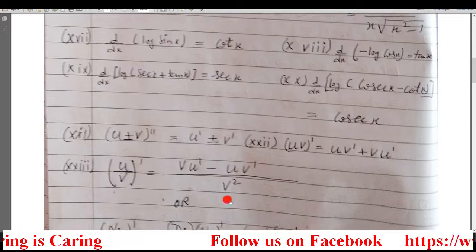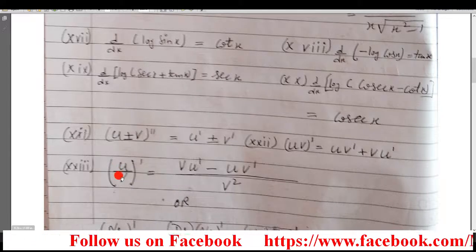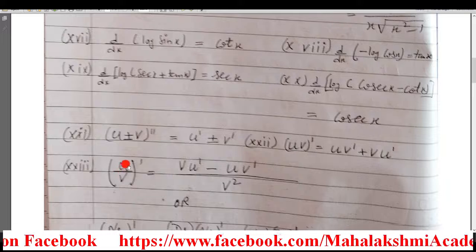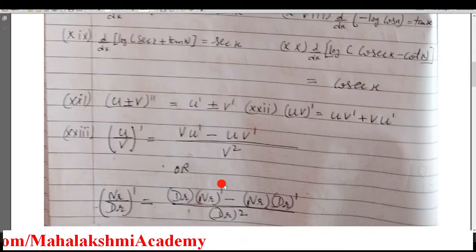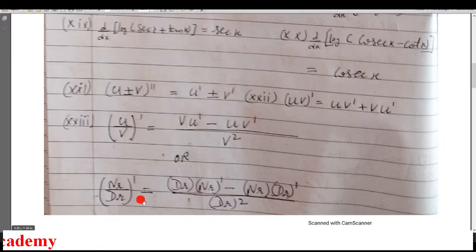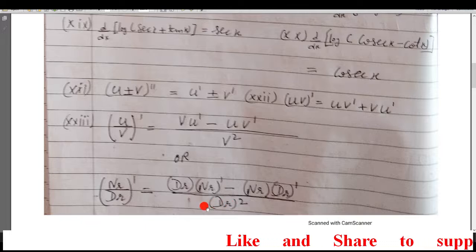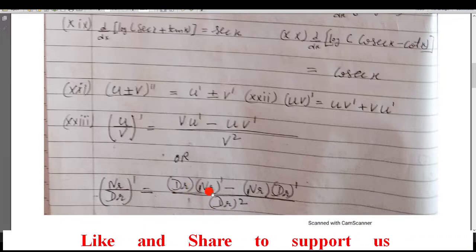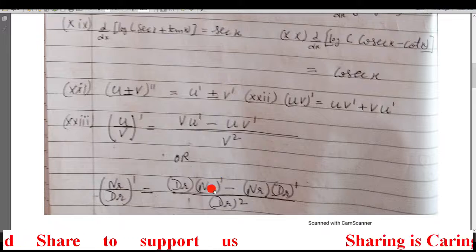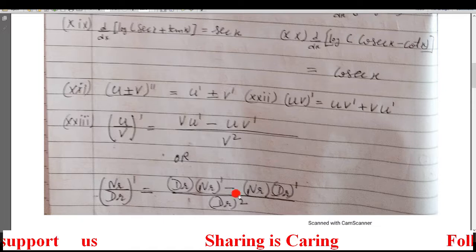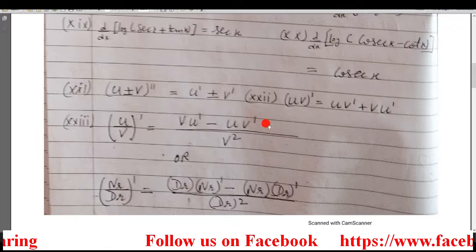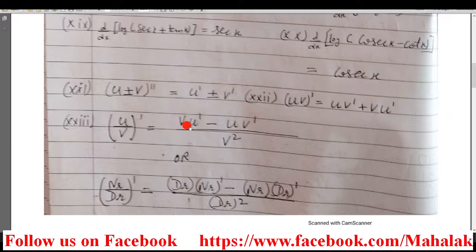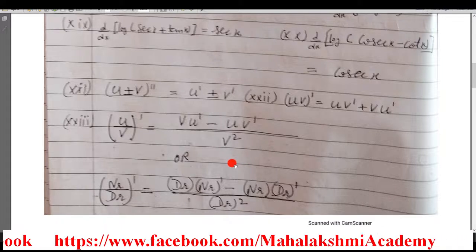Now a very important result: the first function divided by the second function. The function is given in the form of a fraction, and if you have to differentiate the fraction, the formula is like this. I wrote it as numerator upon denominator. Then the differentiation of this fraction is going to be denominator square, with denominator as it is multiplied by numerator differentiation, dash meaning differentiation, minus numerator as it is and differentiation of the denominator. So these are some important formulas and rules of differentiation, which we are going to use in exercises.